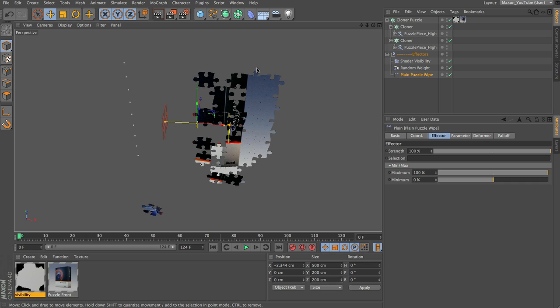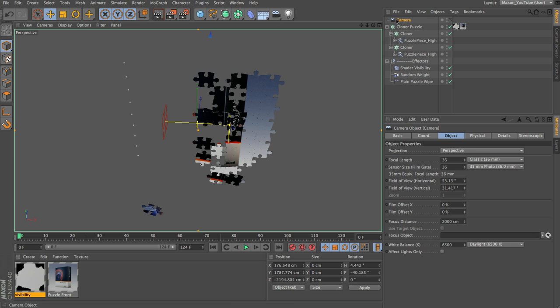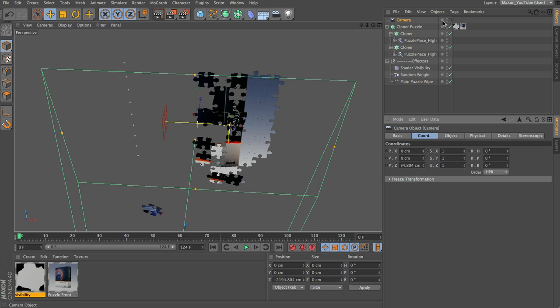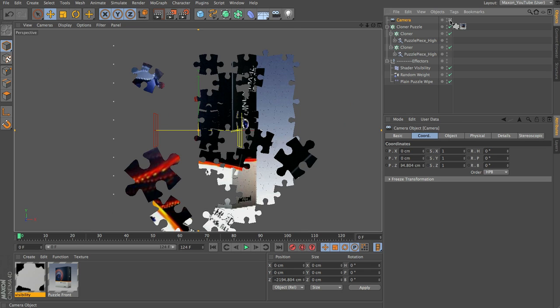This is going to be a really simple animation, so we're only going to use a few keys, but when you're making much more complex animations, you'll appreciate that the fewer keys, the easier it is to manipulate. Let's add in a camera, and I'm going to switch to coordinates. I'm actually just going to reset the X and Y, and reset the rotation values. And if we make this the active camera so we can see the result, let's select our camera and set the Z value to be -8000.